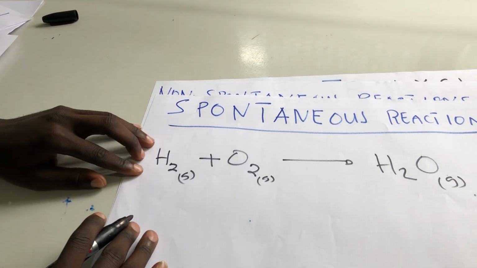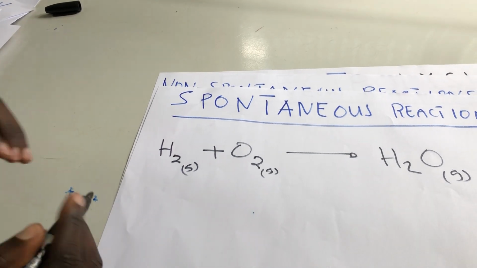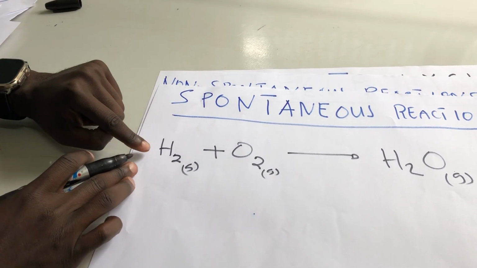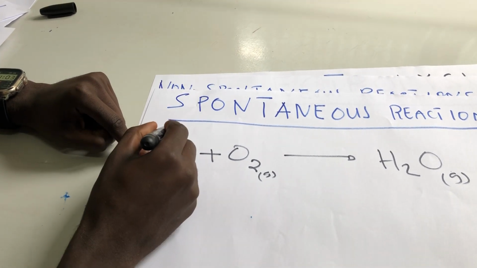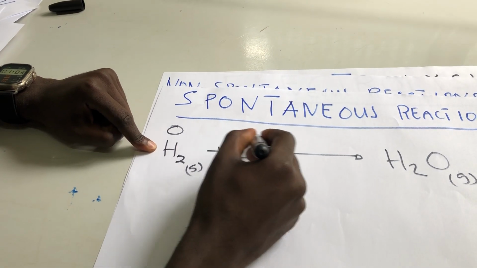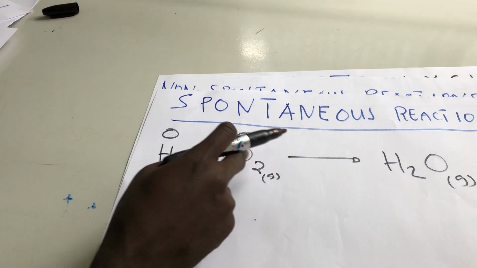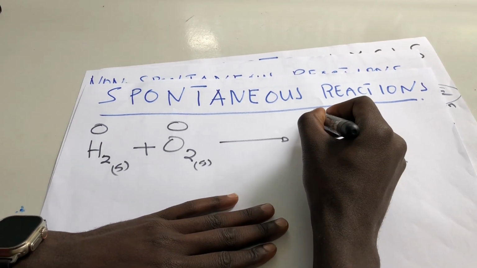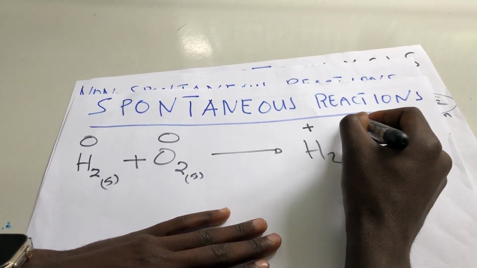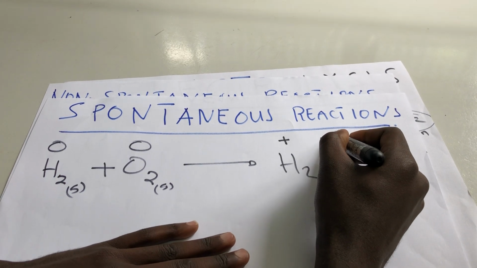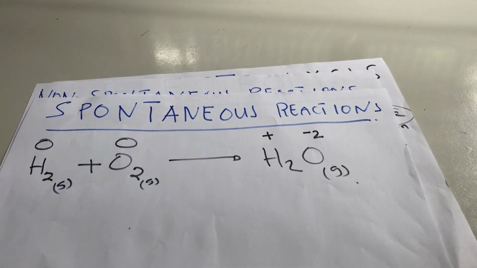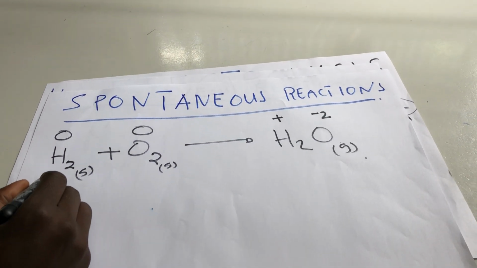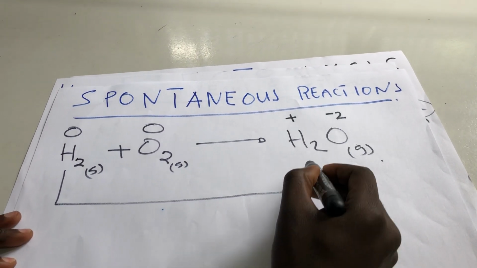So for this reaction, ukiweza ku calculate oxidation number, you will find that oxidation number for neutral atoms siku zote huwa ni 0. And combined element oxidation number zao huwa ni 0, 0. But for this one, oxidation number hapa ni +1. This one it is -2. So ukiweza kuangalia, you will find that hydrogen